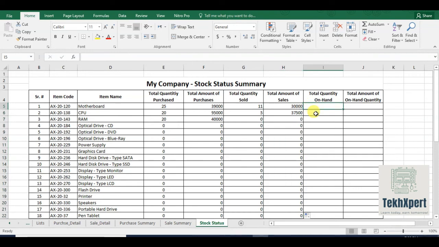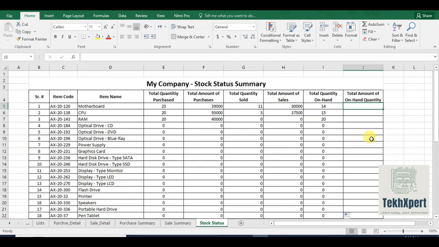Now what we need: total on hand quantity. It is very simple: equal sign total purchased quantity E5 minus total sold quantity G5, and enter. So it will tell us that we have 14 units of motherboard in our hand, in our inventory. This column will help you to know the current stock.